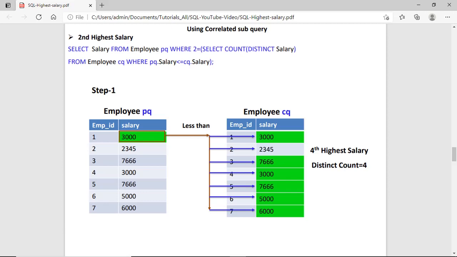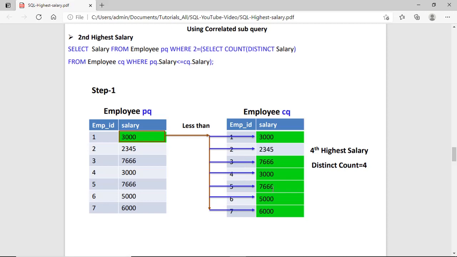So now we have a query: select salary from employee, PQ is the alias, and where 2 equals the result from the subquery. The subquery is returning the count of the result. As you can see in the diagram, 3000, the first value, is passed and 3000 is compared, less than or equal to, with all these values.